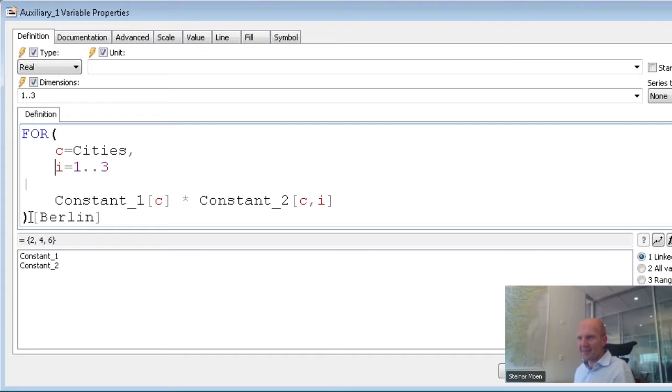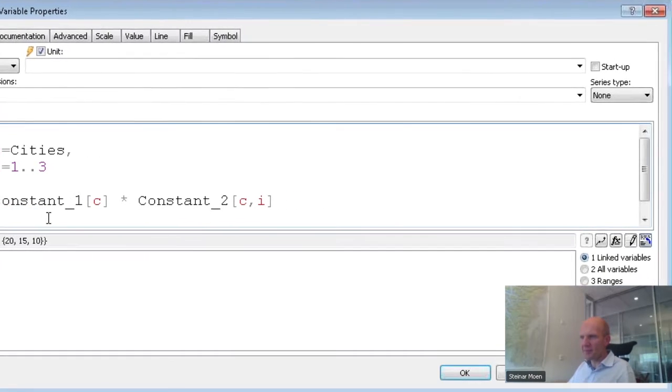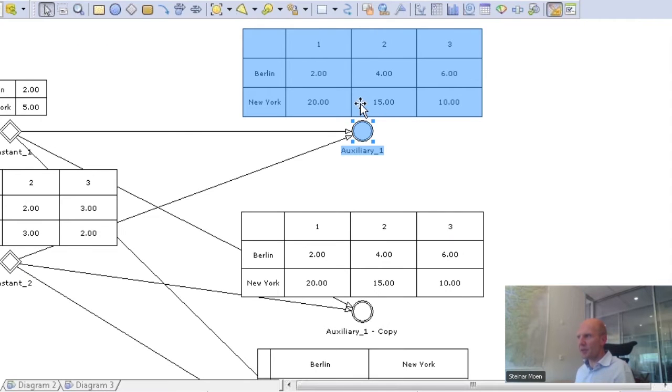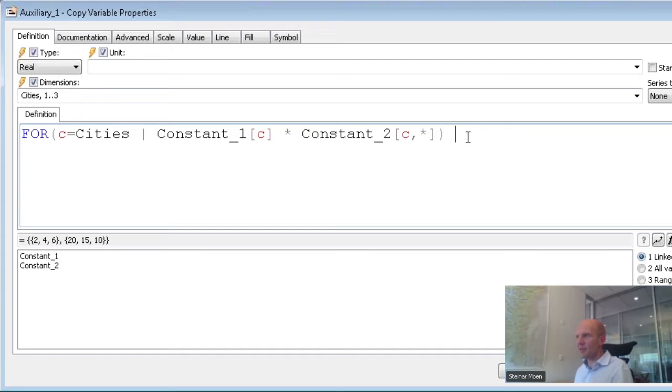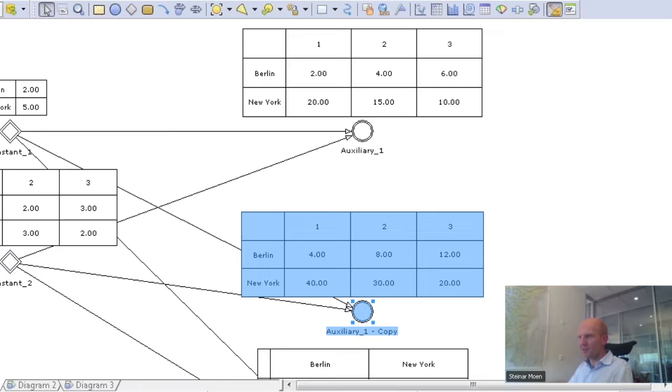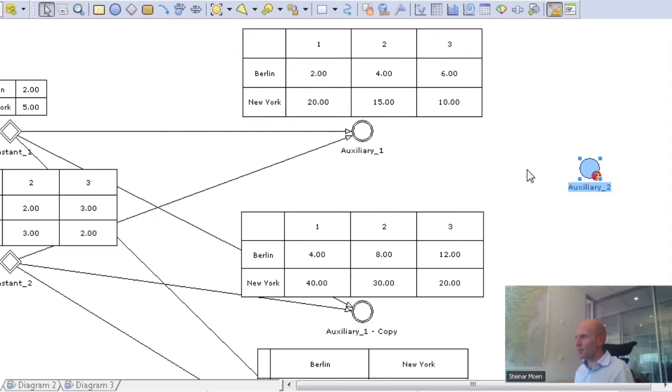Then back to this one. I've removed the Berlin now. So we have a matrix here. Let's take this one and multiply it by 2, just to have some other values. And I want the matrix product of these two, if I can do that. Maybe I need to add one more city, but let's see if that works. If I combine these two here,